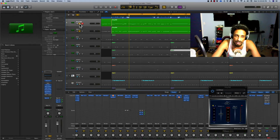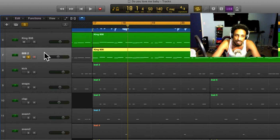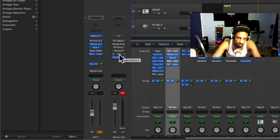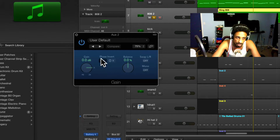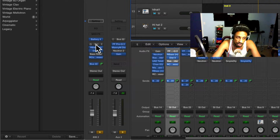So the second 808 that I had to decide which one I'm going to use. The signal itself sounded better. It didn't need too much as far as trying to make it sound modern, but I did do the same type of parallel, you know, as far as making the stereo field sound wider, making the bass sound wider, which was turning this gain plugin on and hitting the left phase invert button. I did do that as well, but as far as what's on the actual chain,